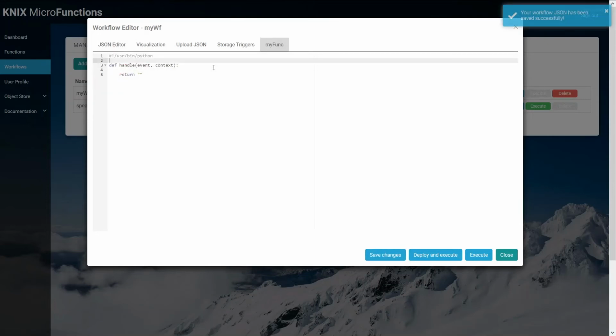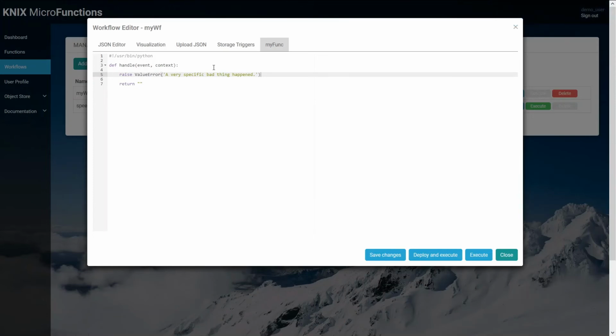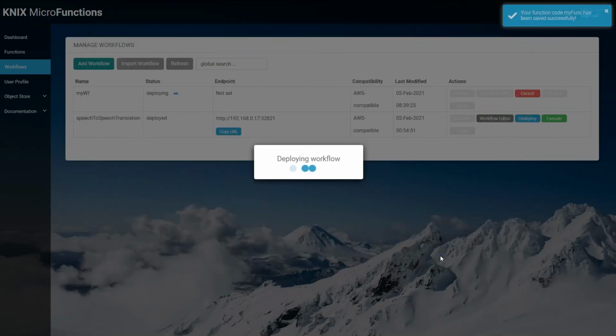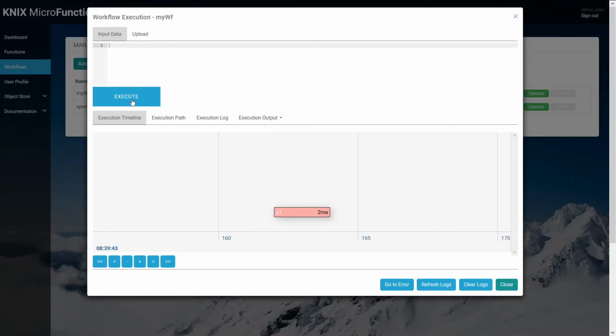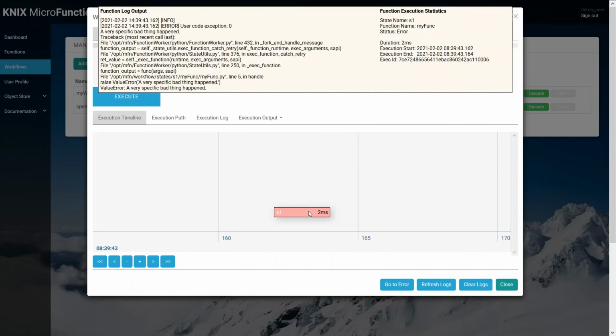So now we need to add some code to this function to throw an exception to see what happens. So let's save the changes and then deploy and execute this workflow. All right, so if I execute the workflow, I can already see in the timeline that this execution was not successful. If I mouse over it, I can see the function log output and see that there was an exception